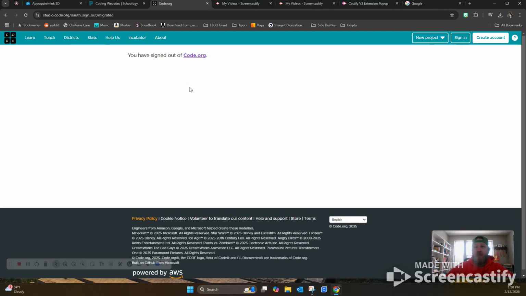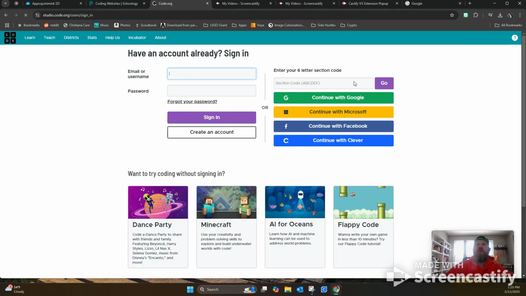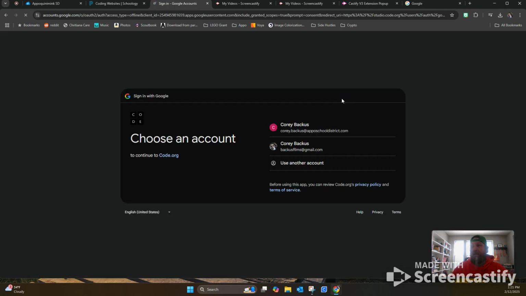The very first thing you want to do when you get into code.org is make sure that you sign in. If you don't sign in, it does not save your progress, and we do these lessons over the course of 2 or 3 classes, so you want to make sure that your progress is saved. You're going to sign in using your Google account. Now hopefully in class we've made an account together. Now you're going to use your